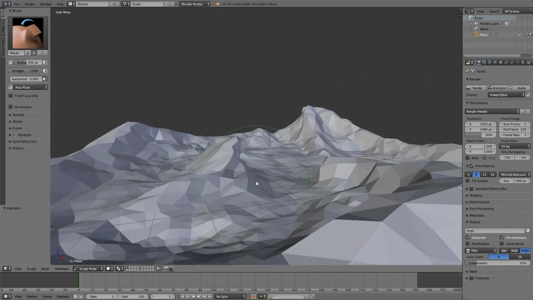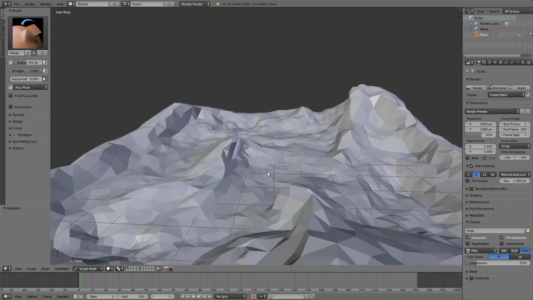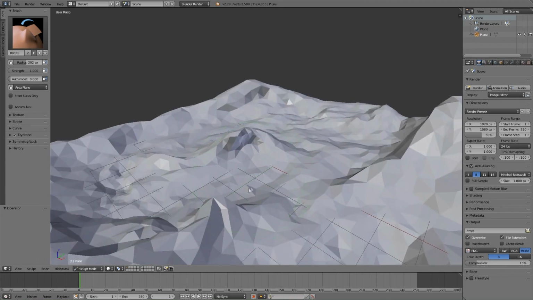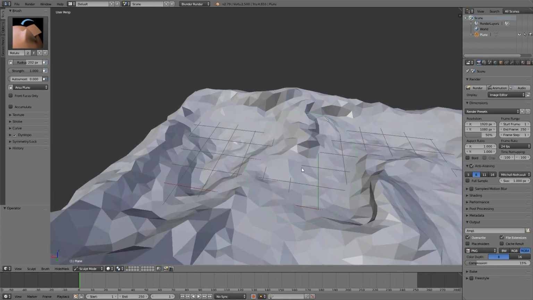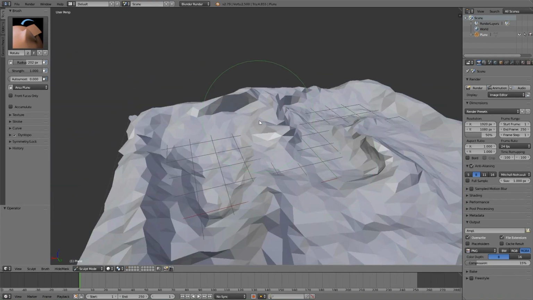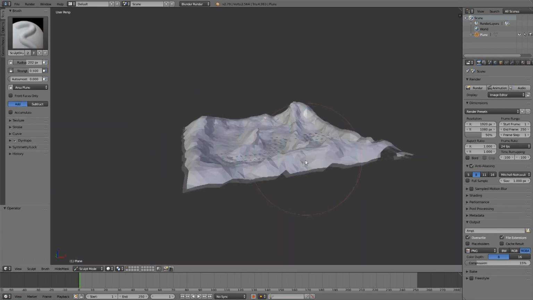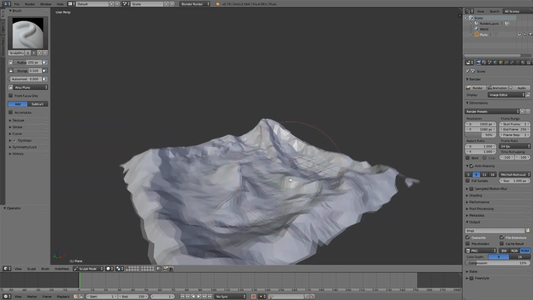Like you can see around here, it flows around. It can look pretty nice. So I'm going to make it go the other way like that for this area. Might make this mountain swirl a little bit as well. Just like that. Looks pretty cool. Yeah, I think it looks alright. We might start